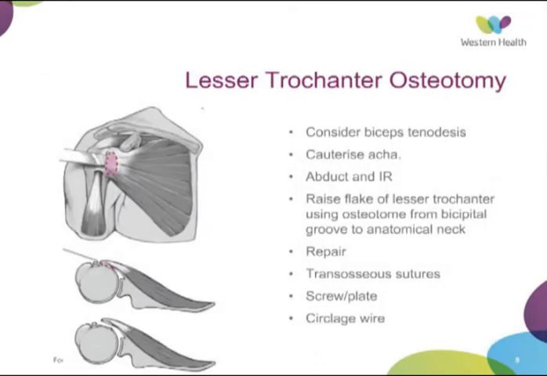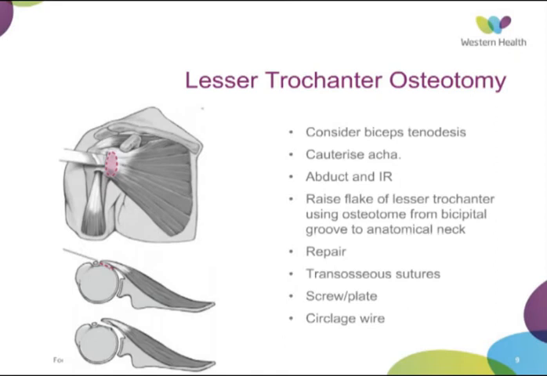The other procedure that you can do is a lesser tuberosity osteotomy, and here essentially what you're doing is lifting off the tendinous insertion to the proximal humerus. To give you access to the lateral side of the lesser tuberosity, you can consider doing a biceps tenodesis. You cauterize the anterior circumflex humeral artery, put the patient into abduction and internal rotation to bring them to view,